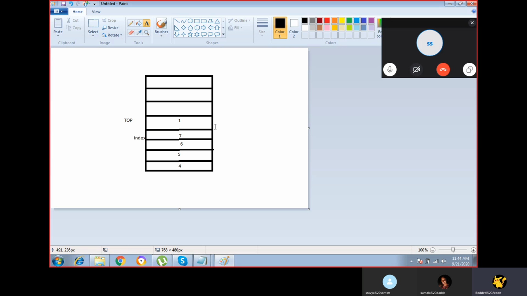First we insert 4, second we insert 5, third 6, fourth 7, and fifth 1.